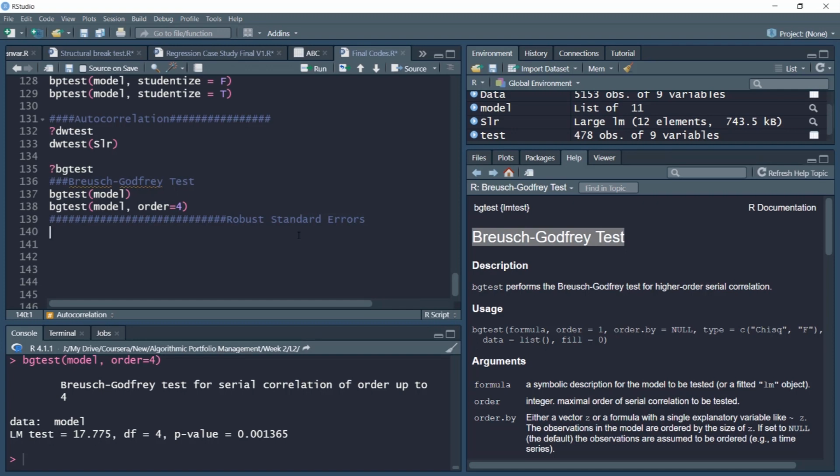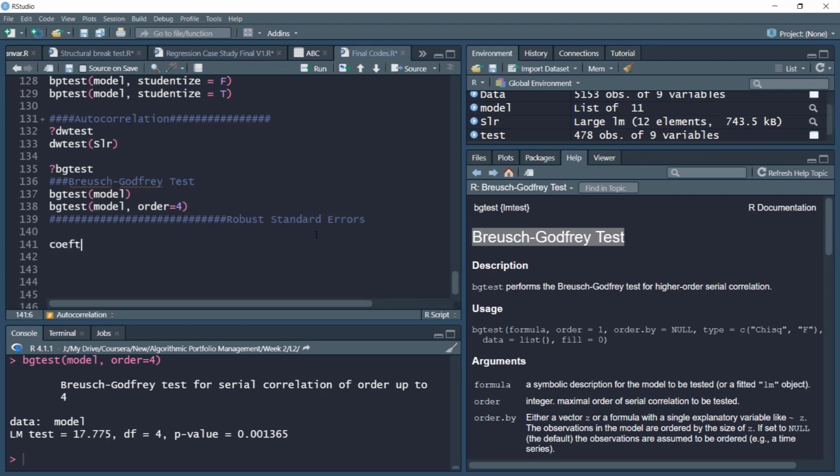One solution that has been developed is to create robust standard errors that account for issues such as heteroscedasticity and autocorrelation. Now there are various flavors of these robust standard errors. We'll discuss the 4 most prominent ones, the routines that are often employed in computation of standard errors. And please note, it will not affect the coefficient estimate, but it will provide us with the robust standard errors that will go into the computation of t values that are arguably robust against issues such as heteroscedasticity and autocorrelation.